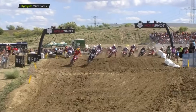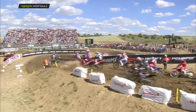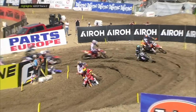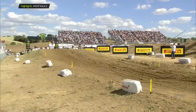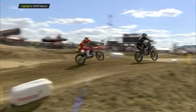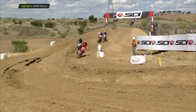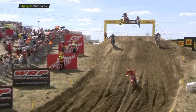MXGP Race 2. Jeremy Seewer may have bagged the holeshot, but quick to take over the lead was the number 70 of Ruben Fernandez. Closely followed by Seewer, and then Mattia Guadagnini. Guadagnini was lurking dangerously in the background, and so too was Fernandez. He and Seewer traded positions on the opening lap. But once he dropped back